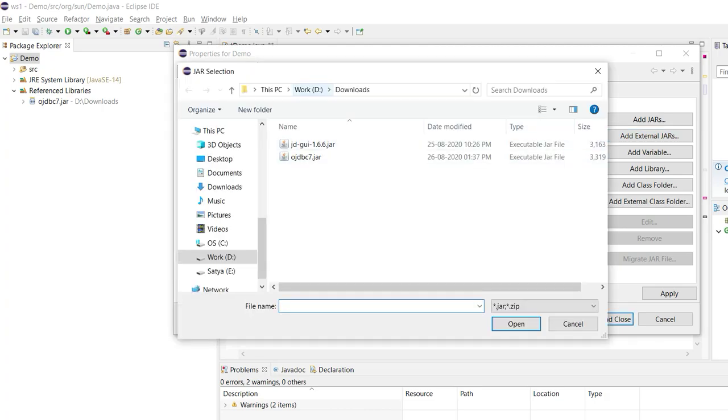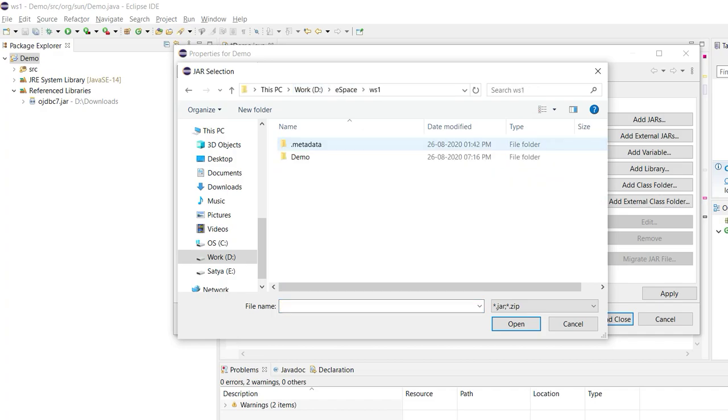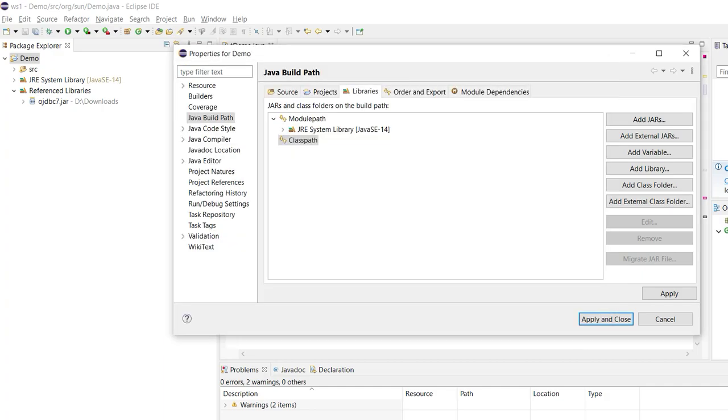Now we will go to workspace, and from that workspace I go to demo, and in lib I select the jar files. So now I am selecting all the jar files. I have to first select this and click on open, so that jar files will appear inside the class path, and apply and close.